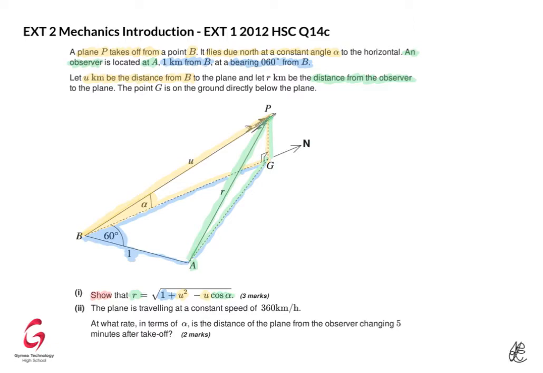So the first part of the question, it gives us a plane that is flying due north along this line U. And it's doing so at a constant angle of alpha that's been marked on the diagram. It also gives us an observer who is viewing the plane from point A along this line R,